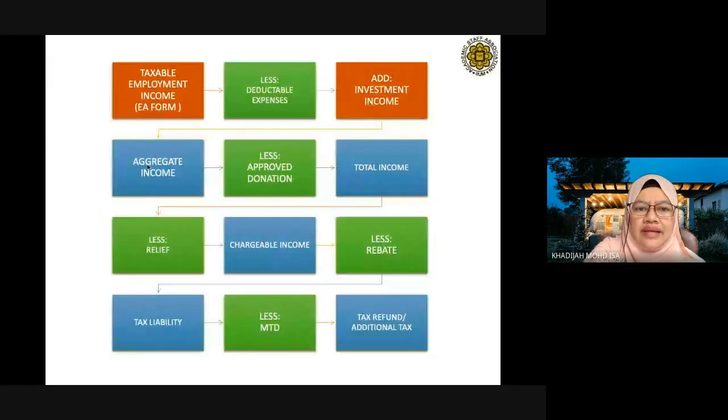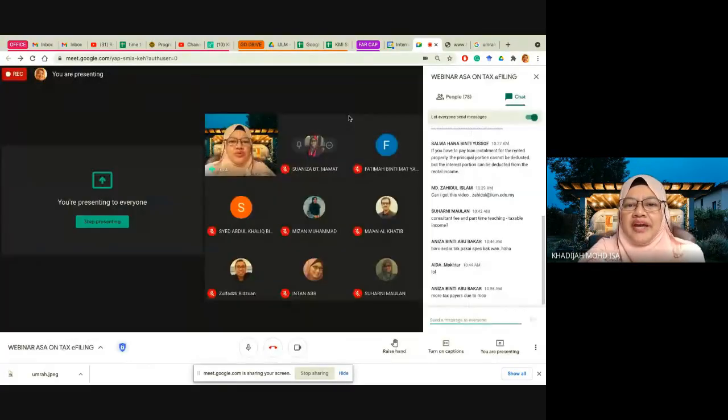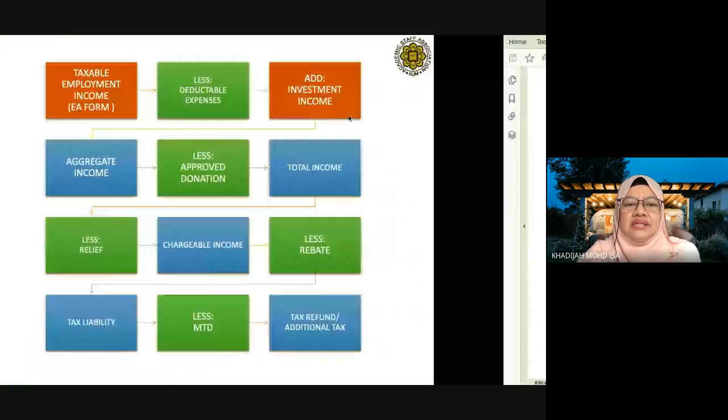So the chargeable income that we calculated earlier, hold on, is what we need to get to at the bottom. So don't look at total income, don't look at employment income, you have to calculate chargeable income. That's why you have to really understand what chargeable income means. Once you have that, then alright, you see that